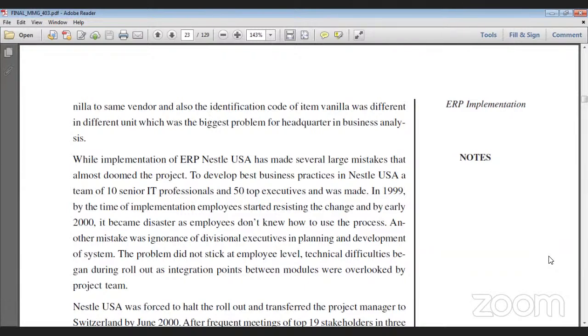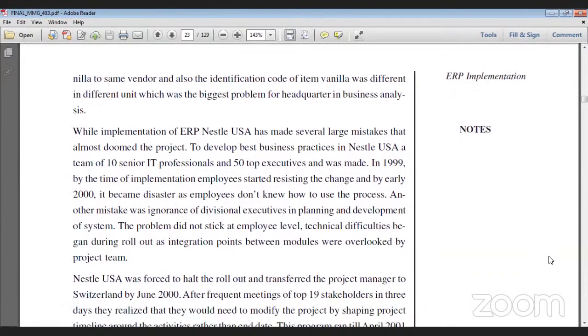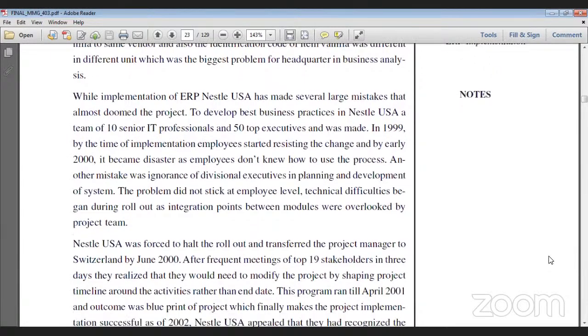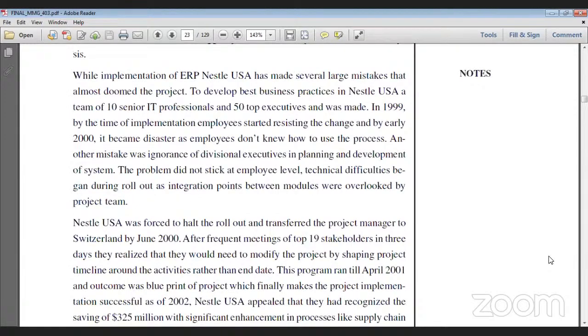Another mistake was the neglect of divisional executives in planning and development of the system. The problem did not stop at the employee level. Technical difficulties began during the rollout, as integration points between modules were overlooked by the project team. Nestle USA was forced to halt the rollout and transfer the project manager to Switzerland by June